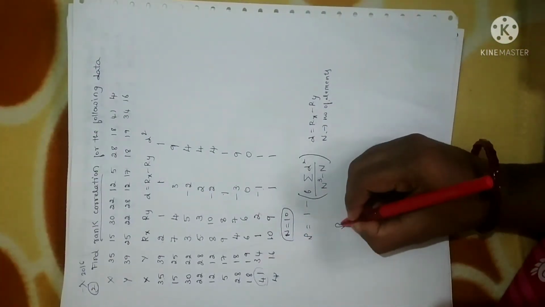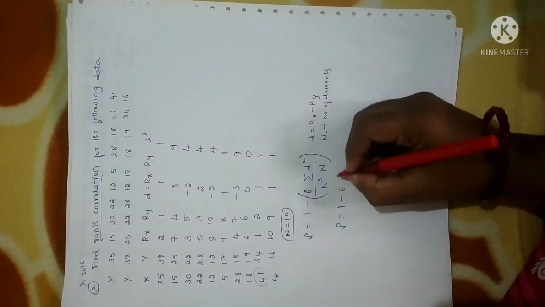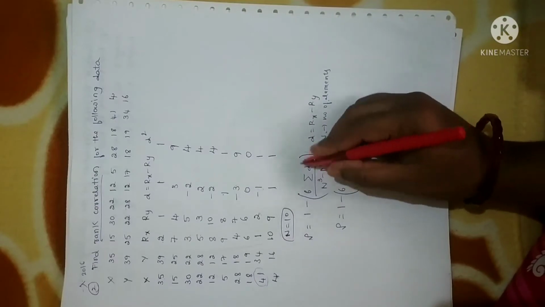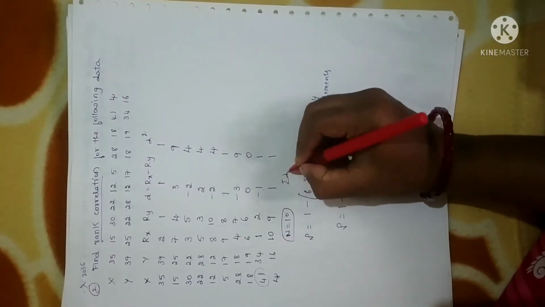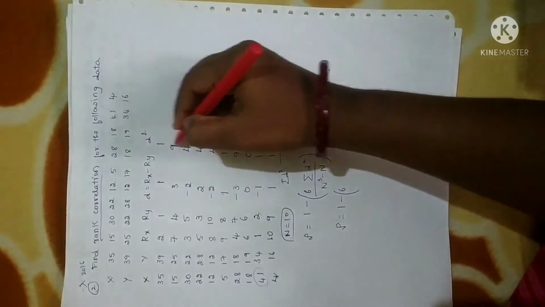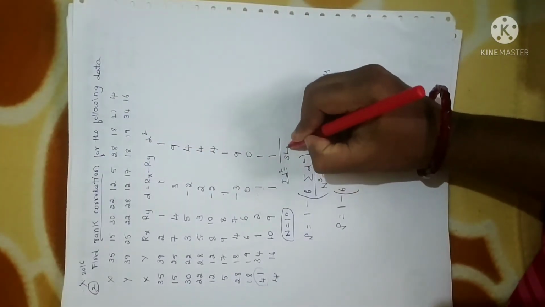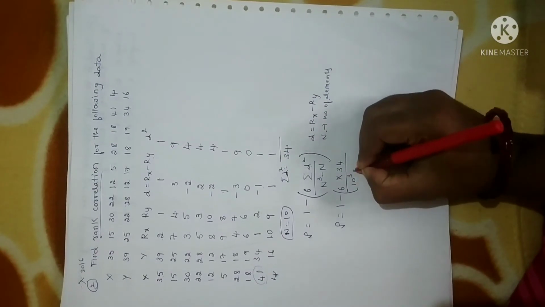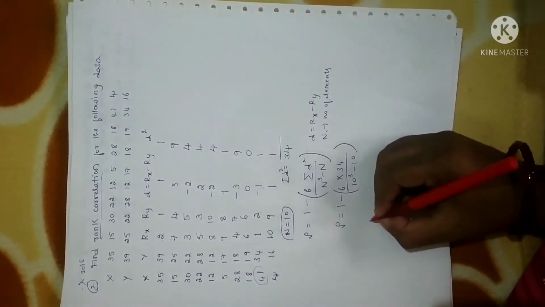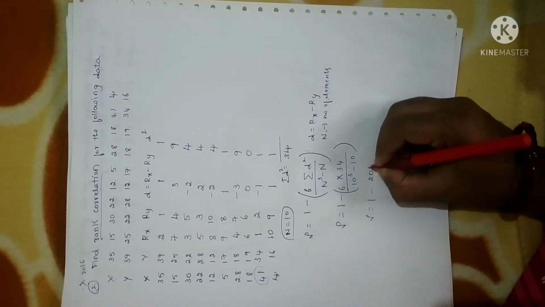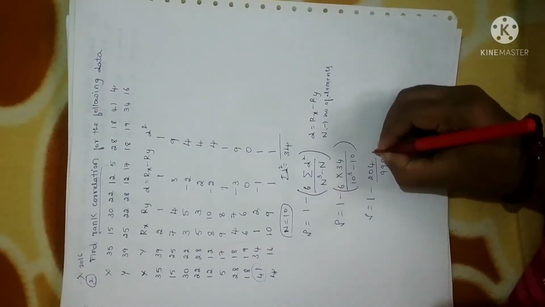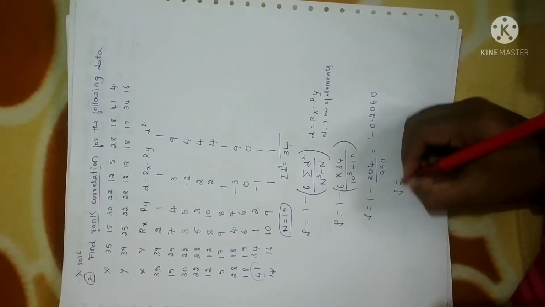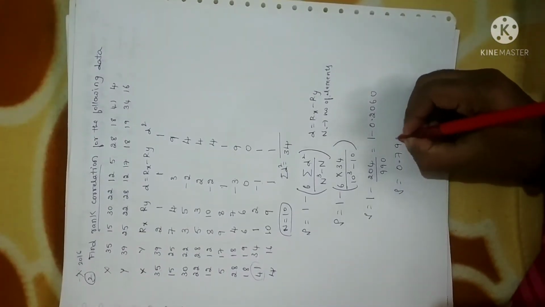Fine. Now, with the given data, let me calculate the coefficient of correlation, that is rank correlation. You should put a bracket here. Now, sigma d square we need. Sigma d square in the sense sum of all these values. You just use the calculator and add all these values. You will get 34. So I'll just calculate here 6 into 34 divided by 10 cube minus 10. When you simplify, you will get rho is equal to 1 minus 204 divided by 990. So 1 minus 0.2060. When you simplify, you will get rank correlation as 0.794.